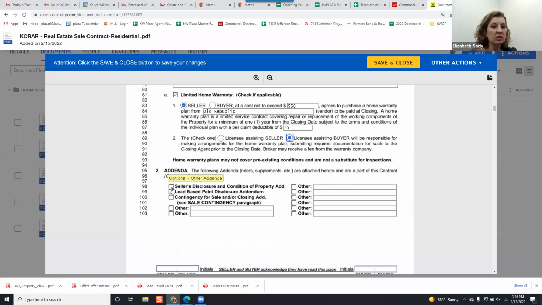Next, we have seller's disclosure. So you're including all of the documents that are a part of the contract. So everything you check here makes it to where it's a piece and included in one with this contract. So we're going to include seller's disclosure, lead-based paint. If we did end up doing the